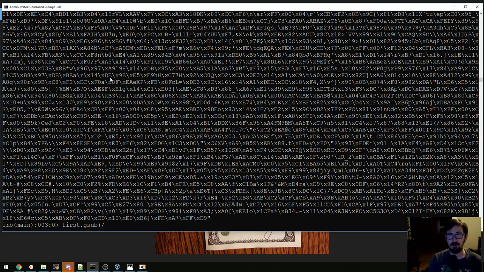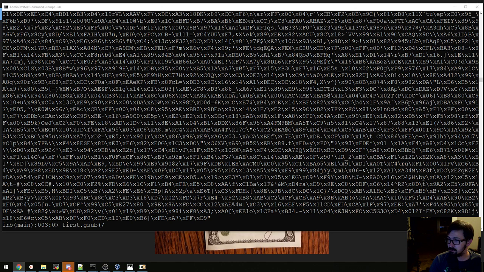first.gsub. And we want to get rid of all non-printable characters. Now, I can't always remember off the top of my head. Regular expressions are one of those things that I can do okay, but usually I have to be looking at a reference to do it, and there's an easy way to go. Regex non-printable characters, Ruby. How to remove non-printable characters. And the first guy here is going to say